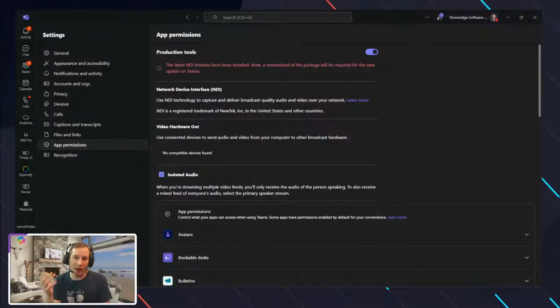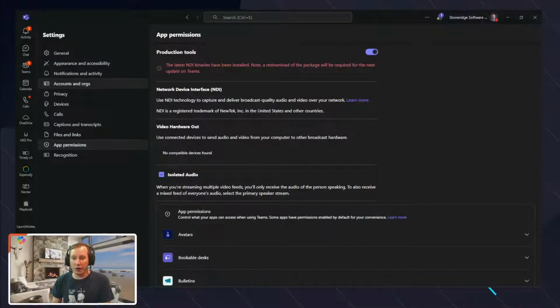And here's a good and bad thing, and this is feedback for Microsoft. At some point, maybe it gets to them, maybe it doesn't. Every time they do a new build, you have to update the NDI binaries. It'd be nice if somehow they didn't have to do that, because I've had many times before Confab where I'm like, oh no, they did a Teams update and I don't have the updated binaries, and you have to install a separate package then to be able to do that. So it's a nice feature, but obviously it would be something that we could probably do better in the future.